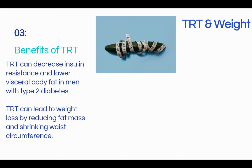Why? Because when you inject in the delts, there's less probability of fat tissue versus glutes, stomach, or around the abdomen and so forth. And because you're injecting into muscle, there's lower probability of that testosterone aromatizing to estrogen, and it has a higher absorption rate. Research studies have proven that. So, in terms of weight-related issues like metabolic syndrome and diabetes, there could also be some correlation to testosterone. Higher levels of testosterone have scientifically been shown to improve cardiovascular health and actually reduce the symptoms of diabetes